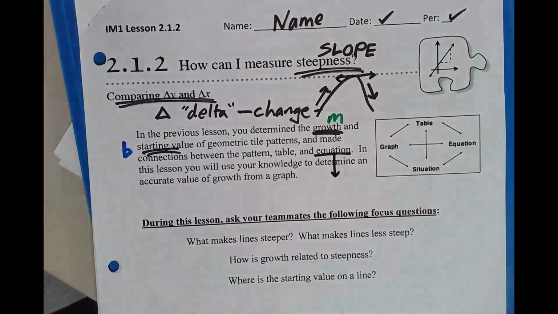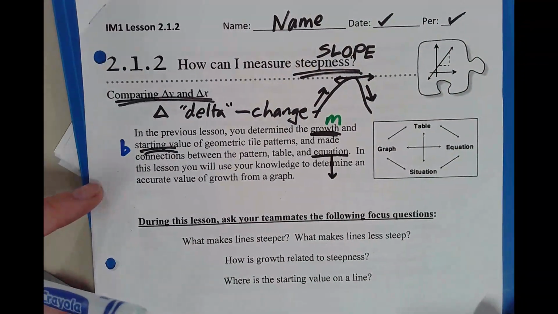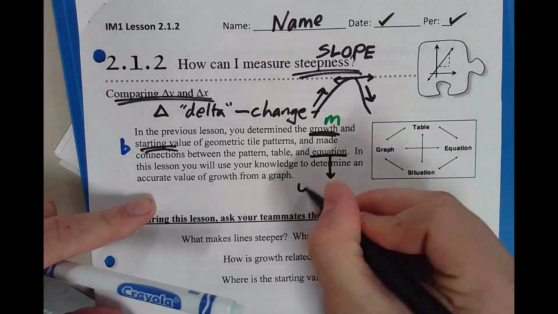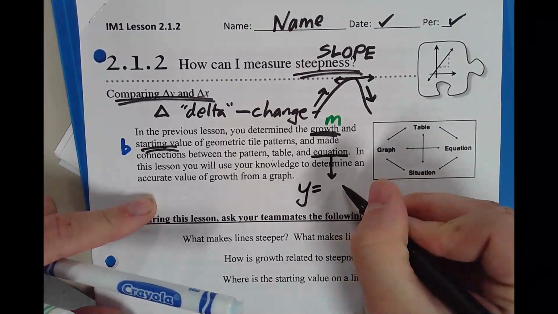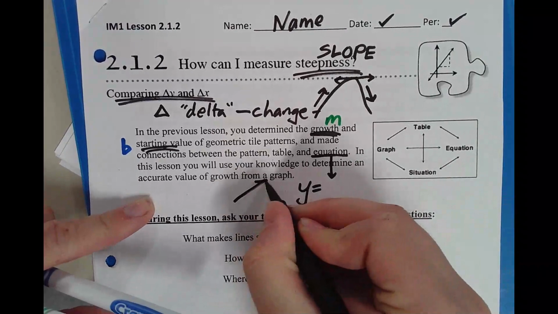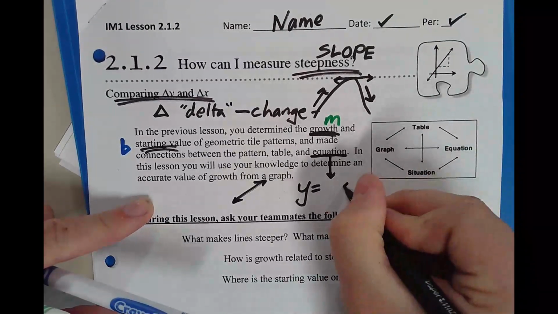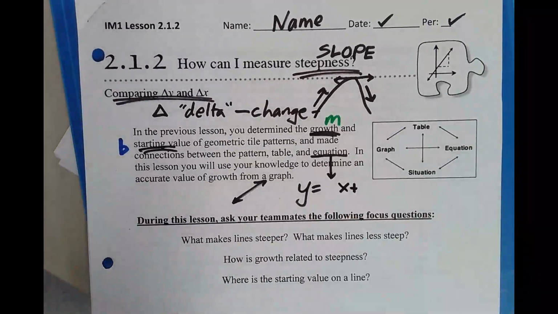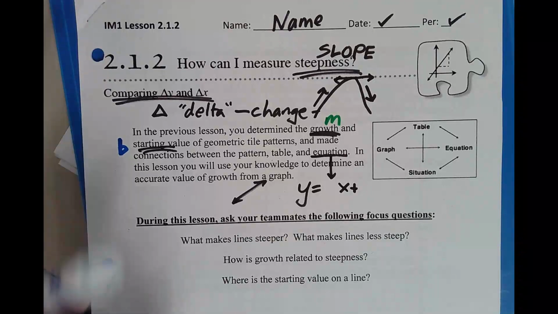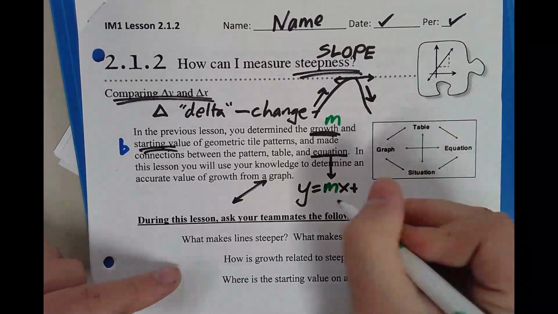Remember, these equations are something you should memorize as quickly as you possibly can. It is y equals, what are the equations of all lines? You got it, mx plus b. So m is the slope